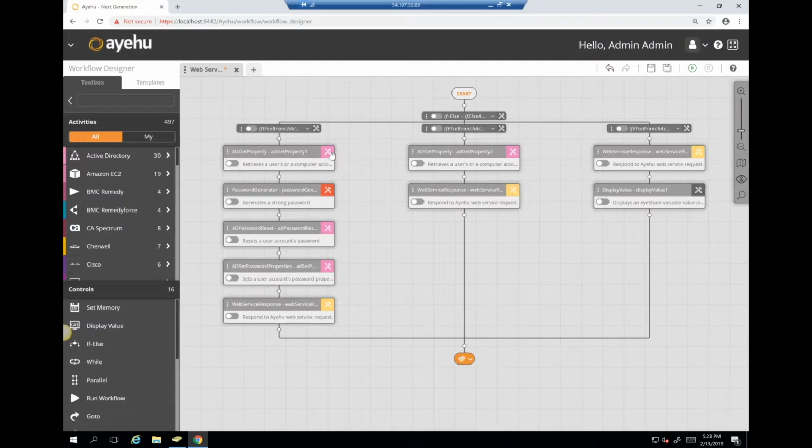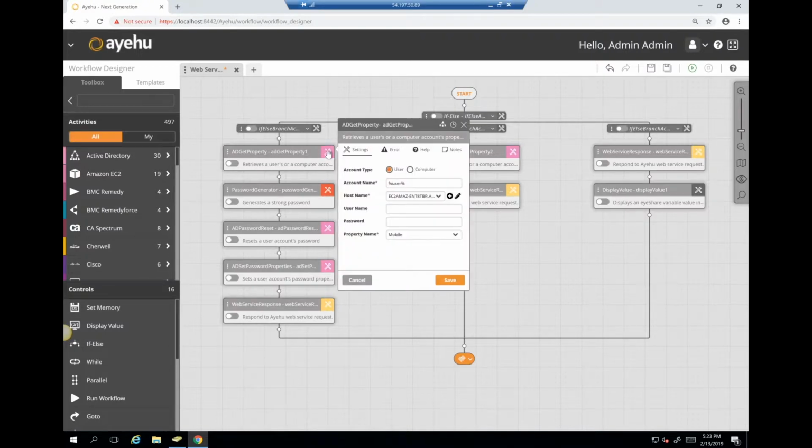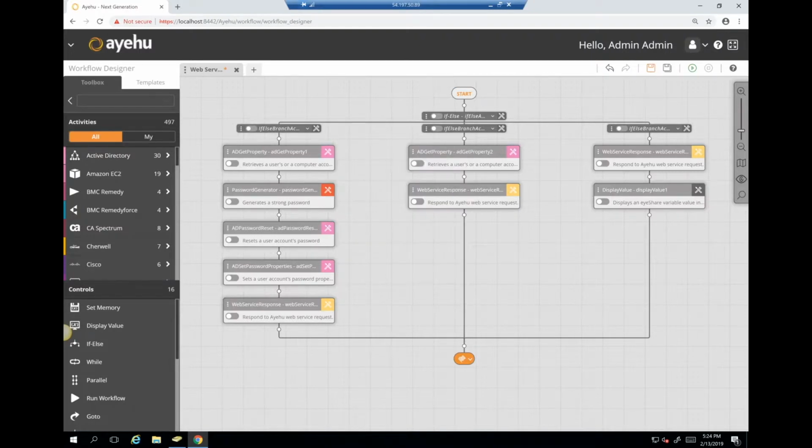the information. Now, instead of adding a new step to this workflow, let's just simply change one of the steps here. This is how easy it is to work with the Ayehu workflow designer. So we have that integration. We get from the chatbot, we get the username up here. We have the integration itself set up. And the property I would like to then respond back eventually is the mobile number. But let's change that to something else. Let's pick office. We've seen errors in the New York City office. And I'm going to save this step and save the workflow entirely